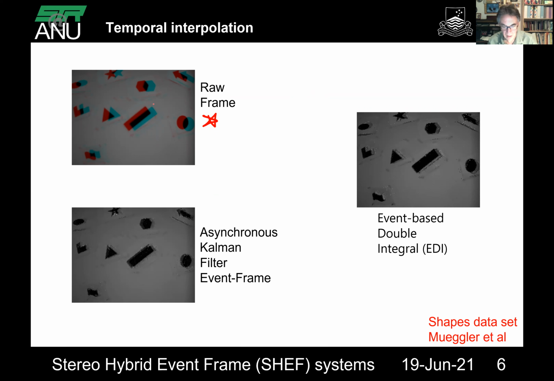And so here what we're doing is we're interpolating information in between the frames, and we're using the state-of-the-art double integral method here, which is essentially de-blurring the image and then doing a simple interpolation from the events. And here we're doing the principal data fusion that I'm going to talk about, and it's getting rid of some of the edge effects that you can see. I didn't draw that very well, but if you look in detail at this image, you can see that there's an edge of the old image that is sort of present in the reconstructed image, which we get